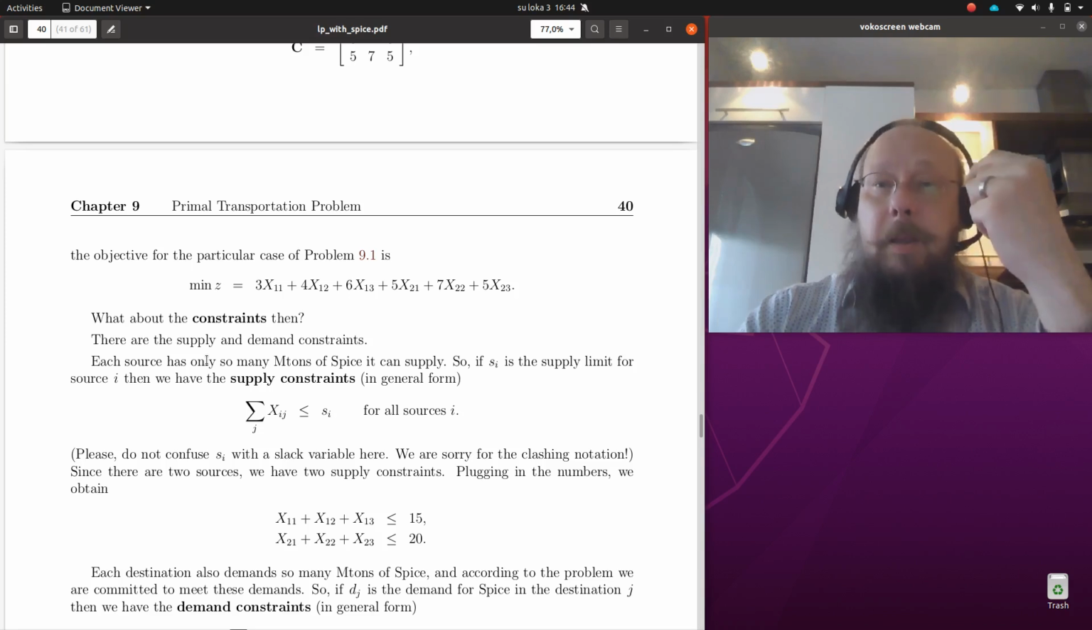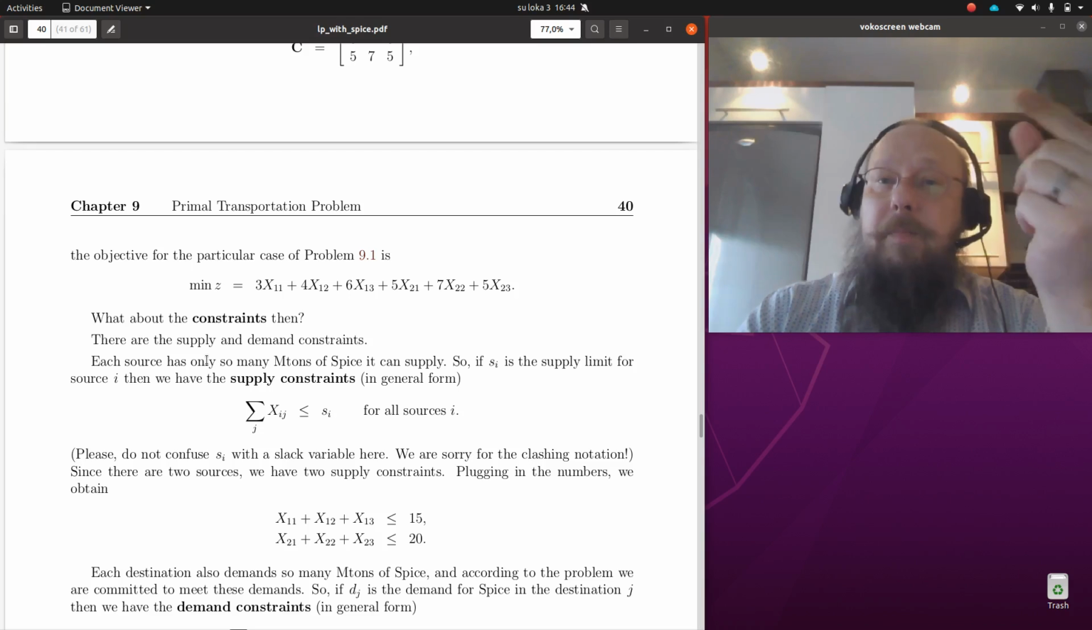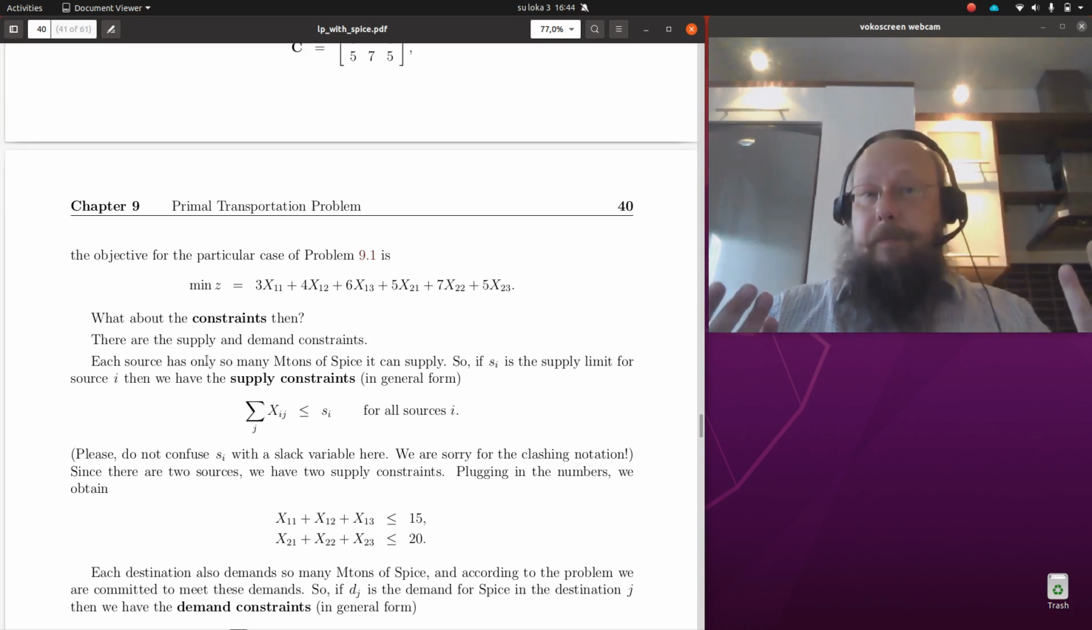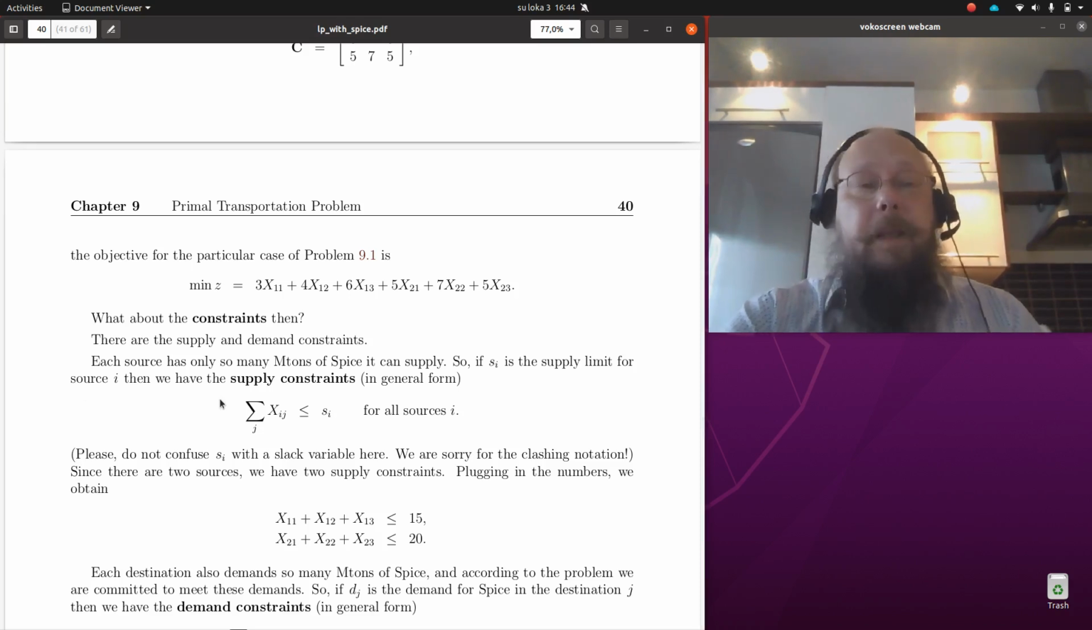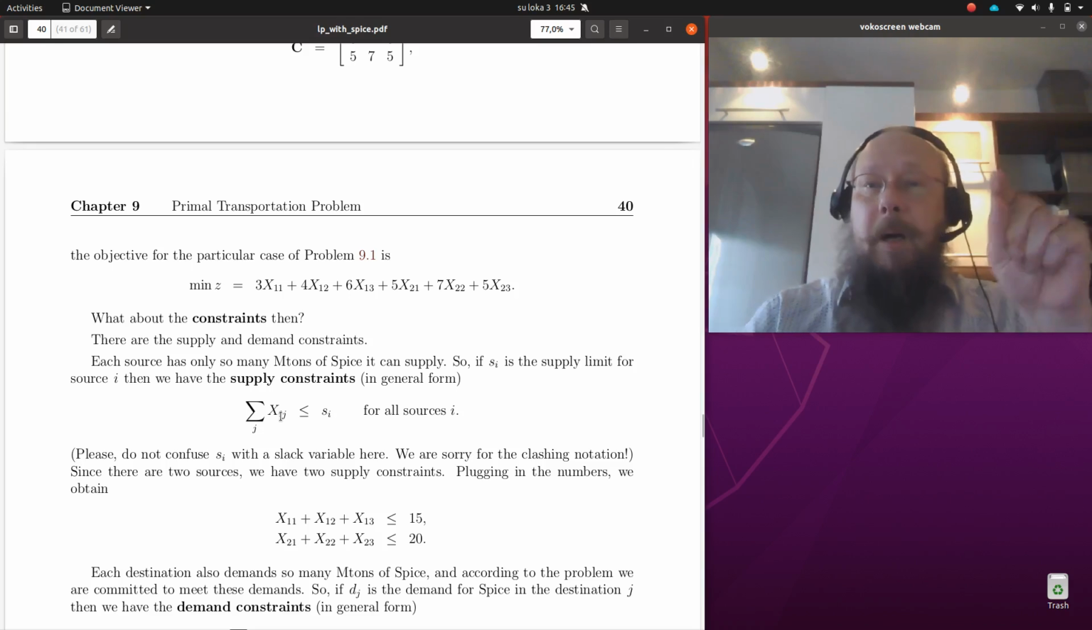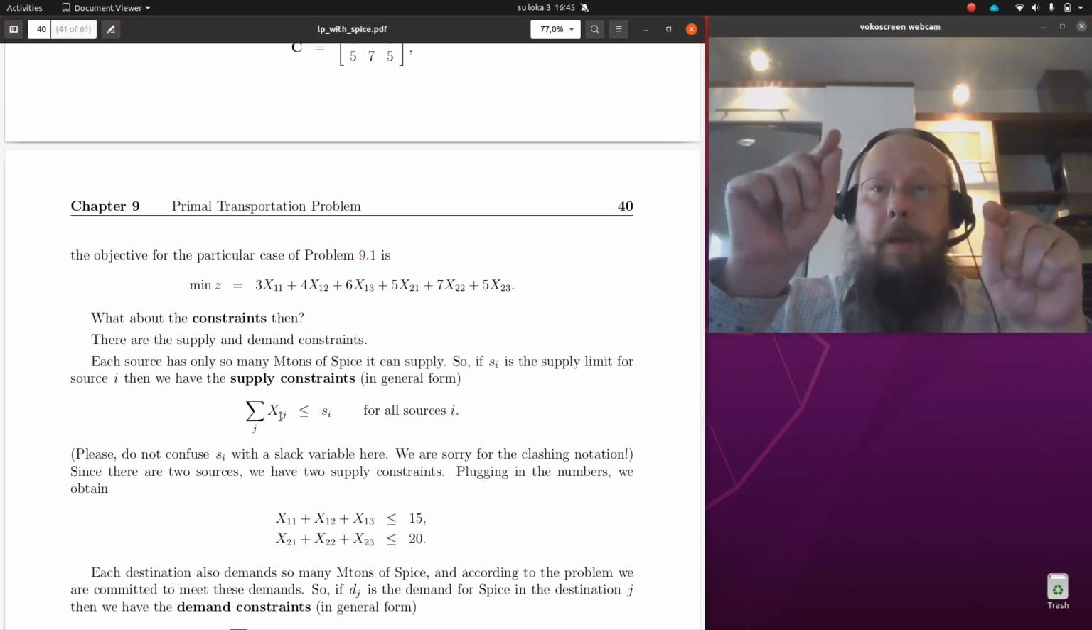In a general transportation problem, each source will have a constraint associated with it, saying that from that source you cannot transport more than there is. These are called the supply constraints. A way of mathematically writing them may look fancy again, but it simply says that xij is the amount of stuff that flows from i to j, and if I sum over j,